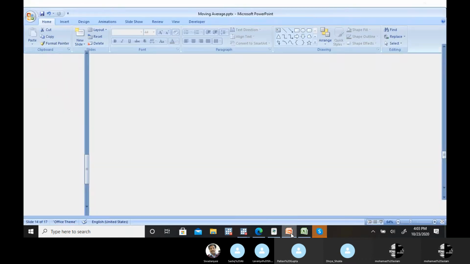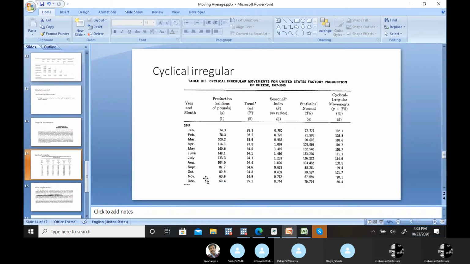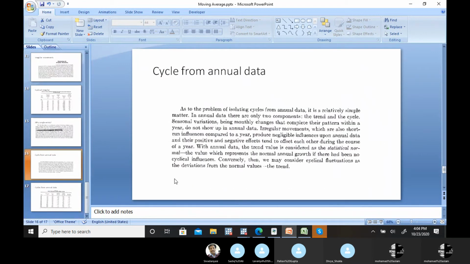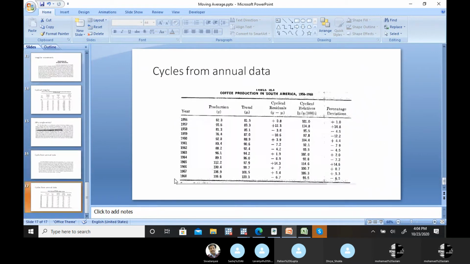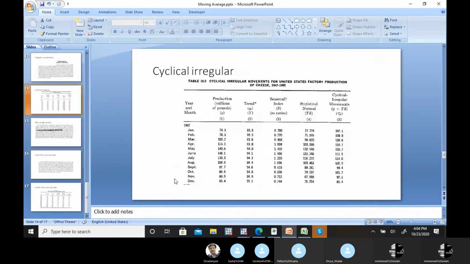Let me give you this example. For the seasonal, yeah, this one. The left out part is the cyclical irregular component.